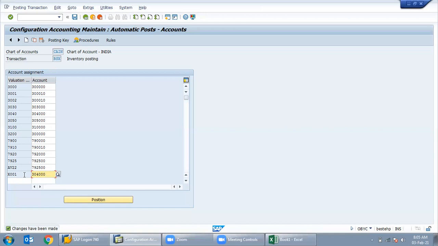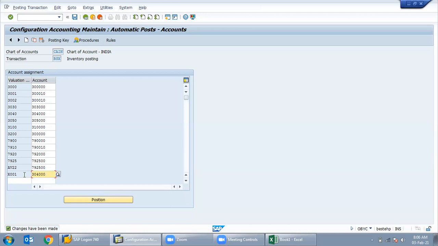Sir, what I was actually asking is, not GL class, I'm sorry, the valuation class. In the valuation class, the account, this GL value, whatever you're assigning, that is given by either the FI or MM guy, it depends on whoever is doing.